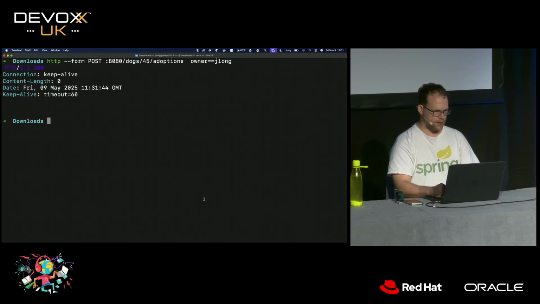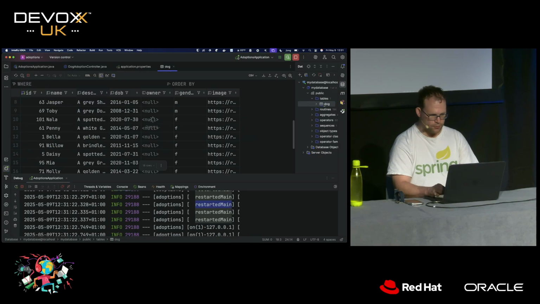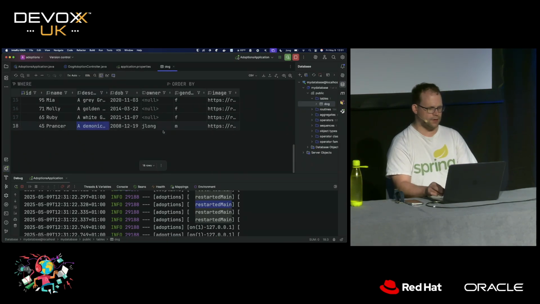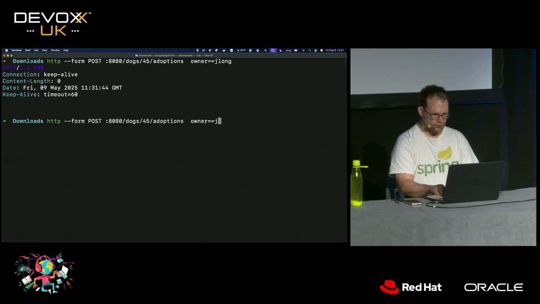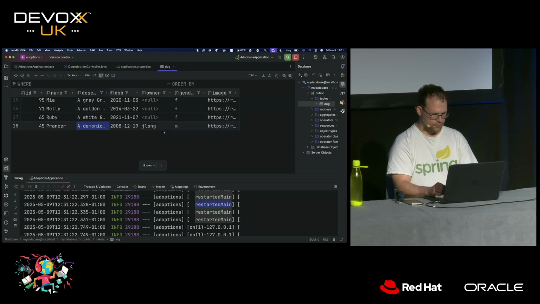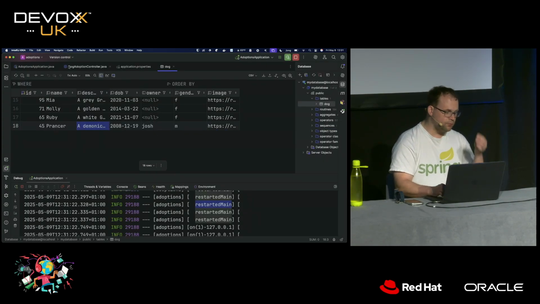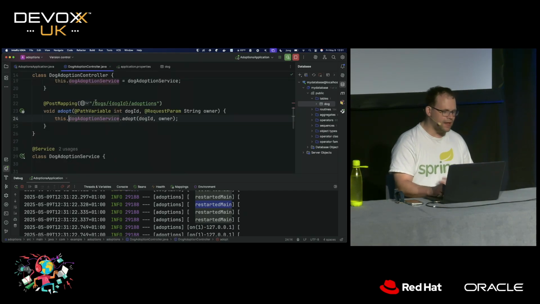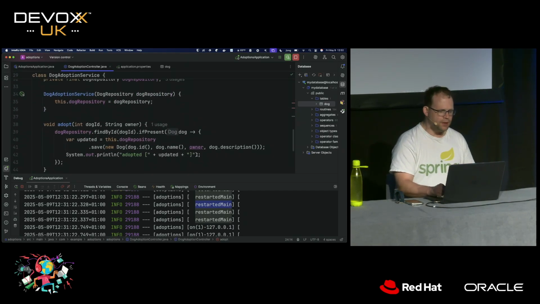Yeah? All right. So if that's done its job, then we can go to this table now, and where it was null, it's now not, right? And if you can see, I can change it to just Josh. Refresh that, and now it says Josh. Okay, so it's fine. It's worked. That's not a very real application, though, right? Not a real example, but it's done the job.